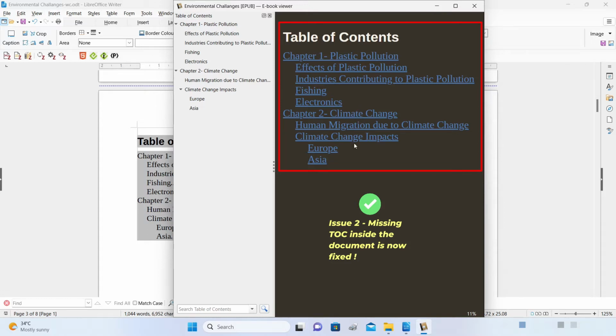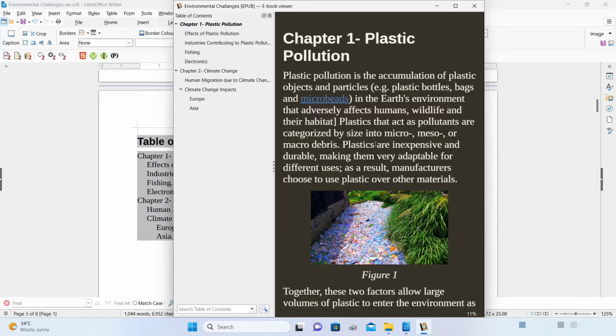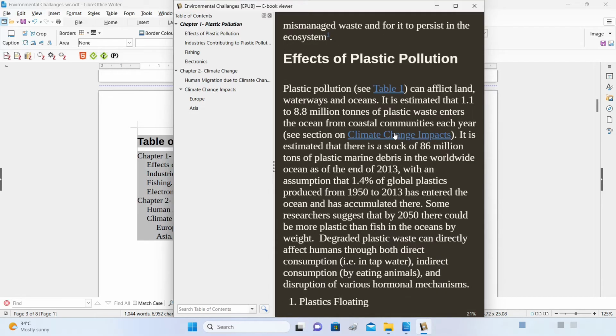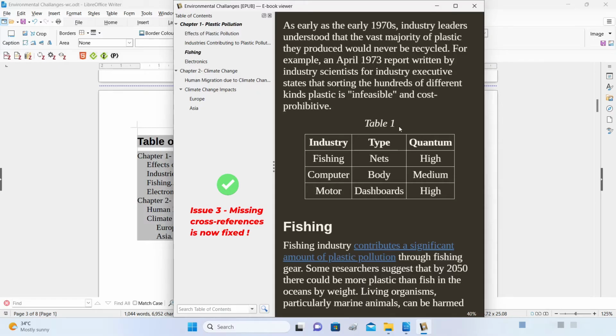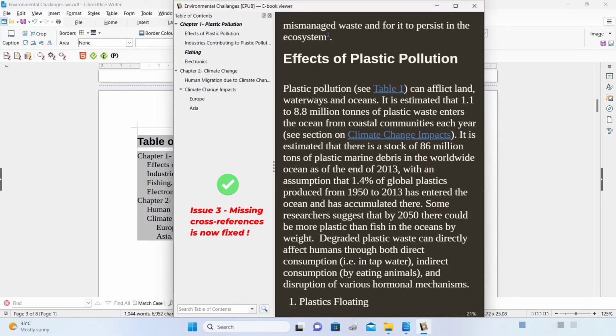So that has now been included inside the book itself. And as we move down, you will see that everything is very perfectly laid out. And we can go down and see that the cross references that were not working before, they are now active. So if we click on table 1, you will be taken to table 1. You can press Alt and the left arrow key to come back and start reading from that very same point